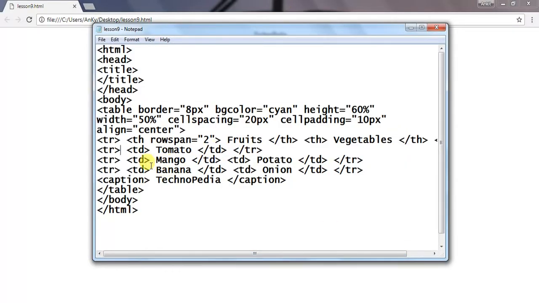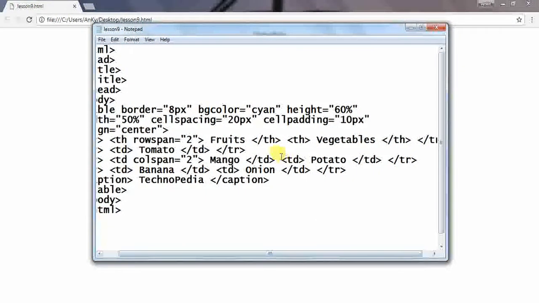Suppose I want to merge these two cells, I simply give the value of colspan as 2 and delete the table data that has potato.